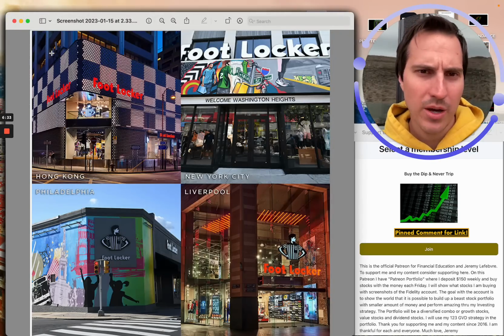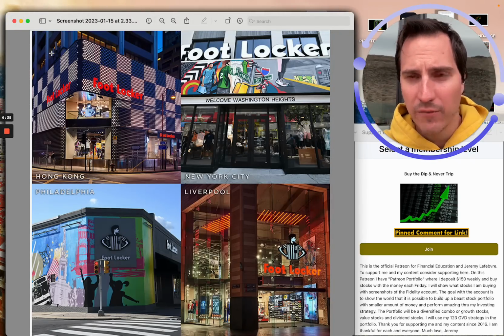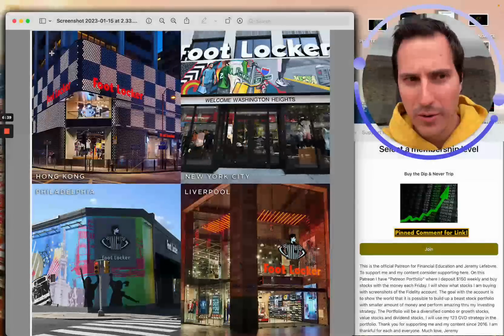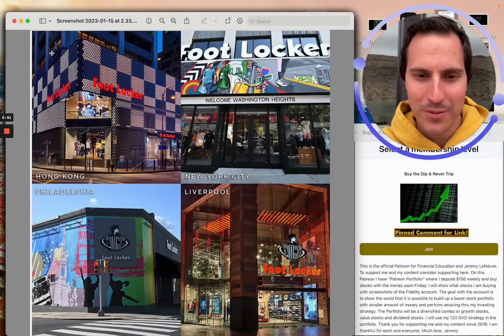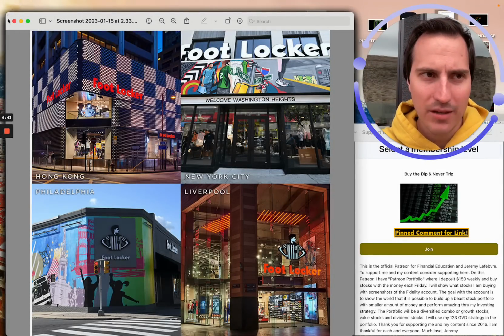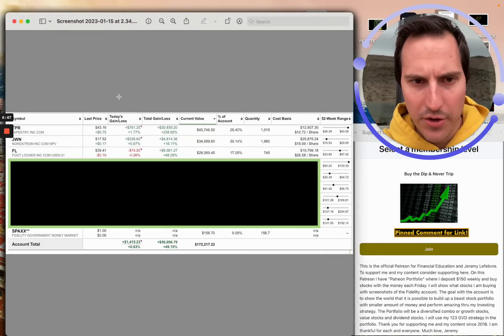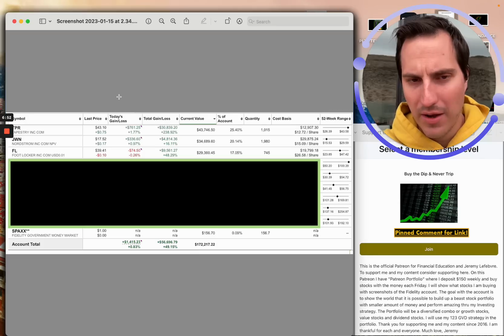Are you familiar with a company named Foot Locker? They own Foot Locker, they own Kids Foot Locker, they own Champs and a few other brands as well, but their main business is the Foot Locker business. Have you ever heard of that company? I do own the company. Foot Locker is the third biggest position in this portfolio, up about 48% there, up about